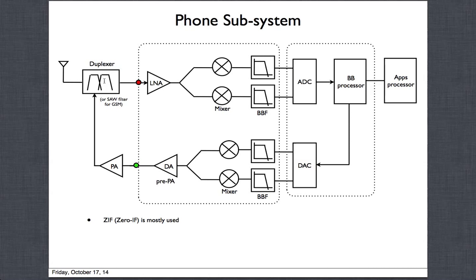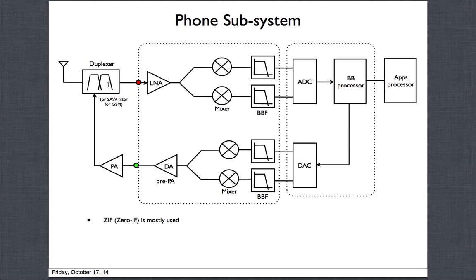So if this is our band, the band that we are receiving on, then out of band jammers need to be filtered out. That's why we have these two filters implemented in the duplexer. It has a filter for the TX and one for the RX, and that provides the very necessary isolation, which is our TX to RX isolation. When I'm transmitting, I don't want to drown the signal that I'm trying to receive. That is being done by the duplexer.